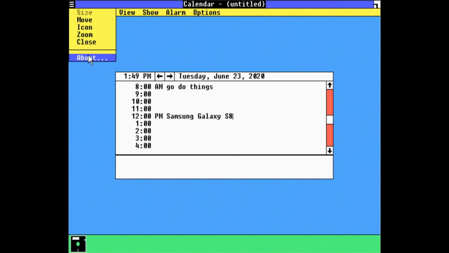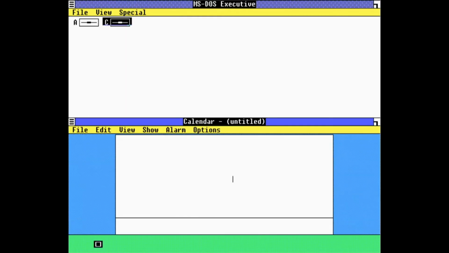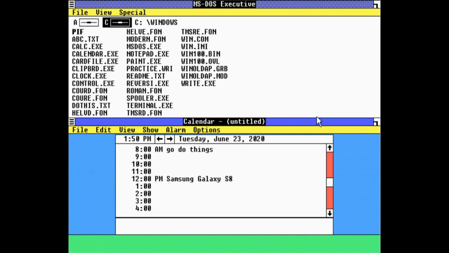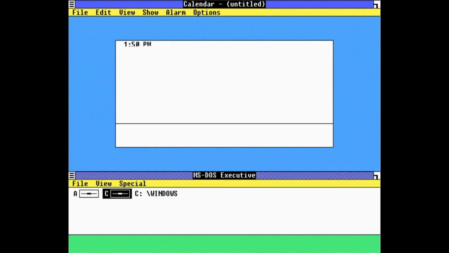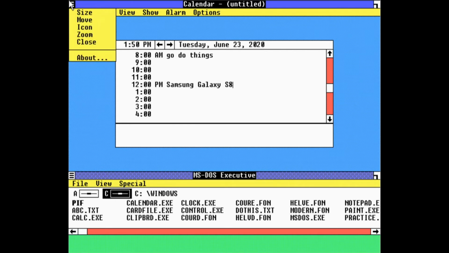This operating system didn't have multitasking. You can see that it had these icons on the bottom part of the screen, and when you click them, you would enter them. Programs that you clicked would take up part of the screen. You can resize them like that. And exit them.